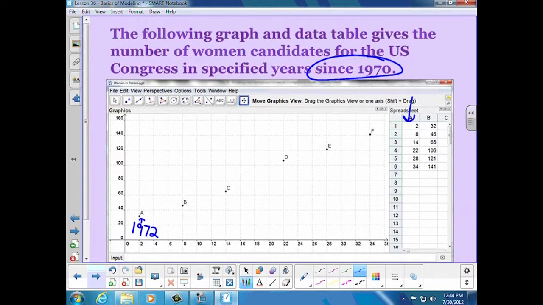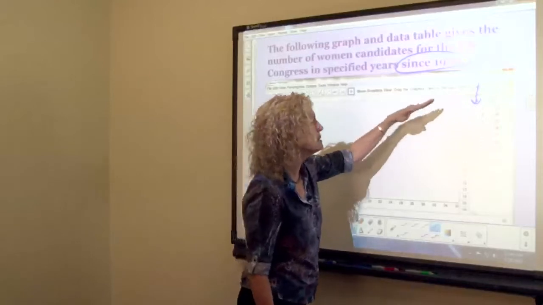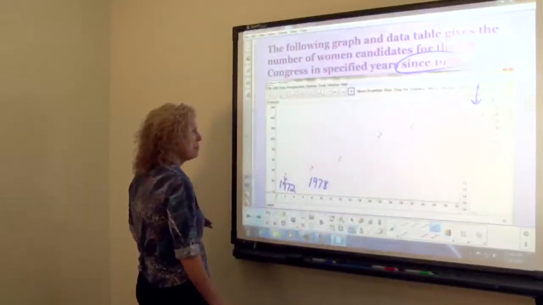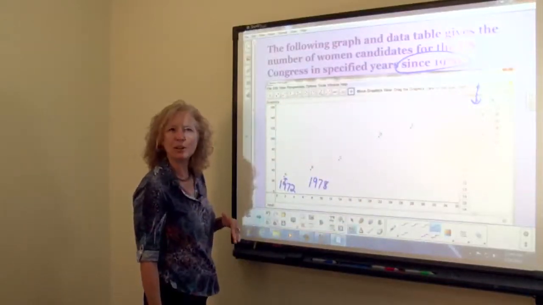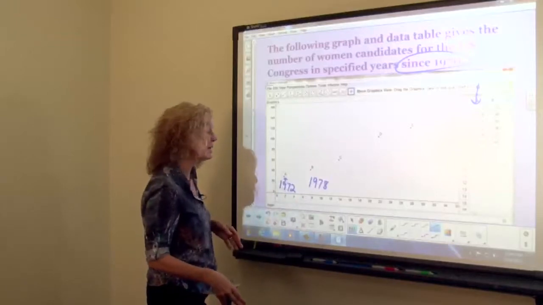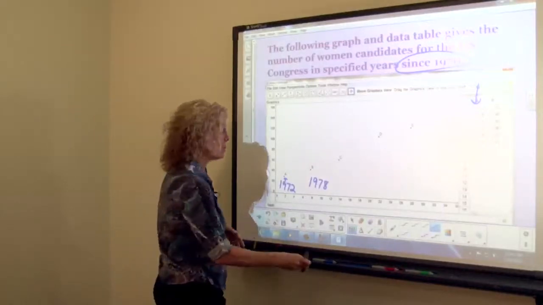And then when x is 8, that would be 1978. Okay, and we had then 46, and you can see that there is an uphill climb, okay, which if you've studied history at all, relatively recent history, you'd know that that makes total sense with what was going on in